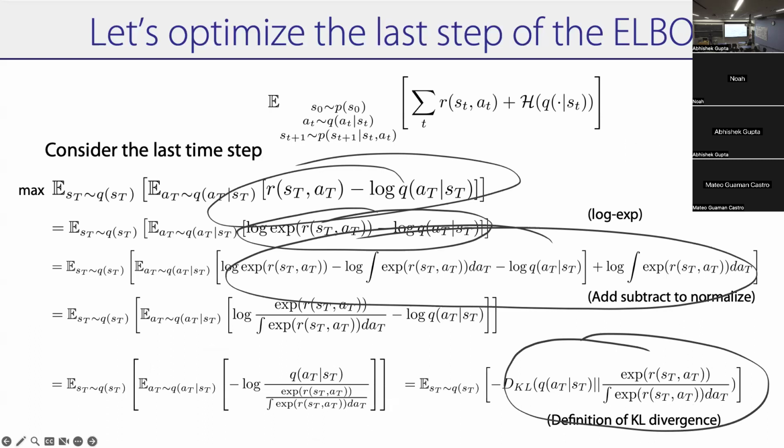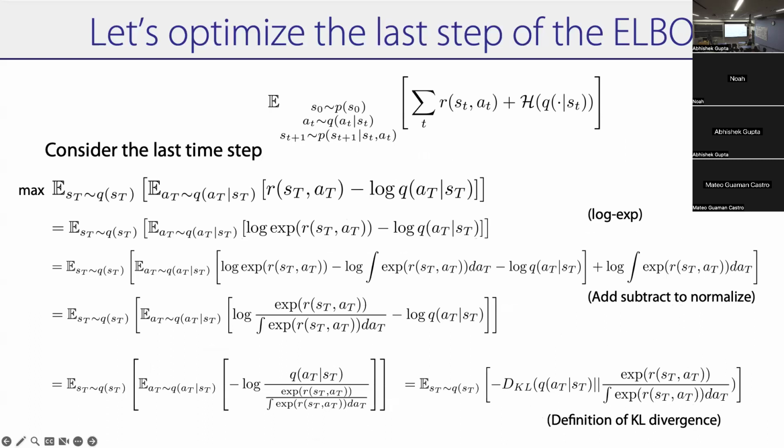Oh yeah, go ahead. So for the second term, x bar divided by integration, is that kind of like softmax? Yeah, it is softmax. So essentially, you just stack the term. Usually softmax is over a discrete set, and this is over an infinite set. But in that sense, it's like a softmax over an infinite set of states and actions.